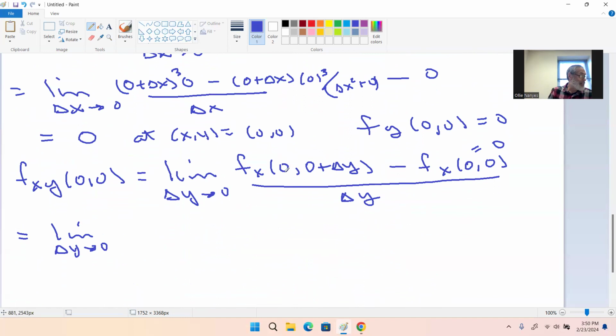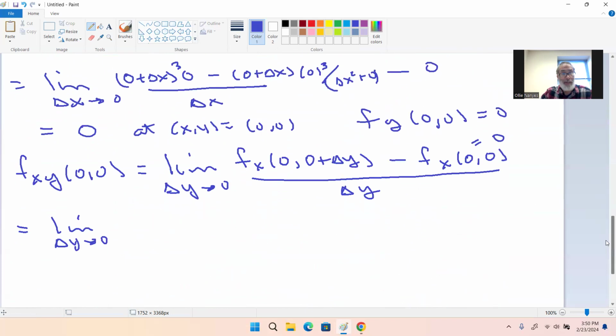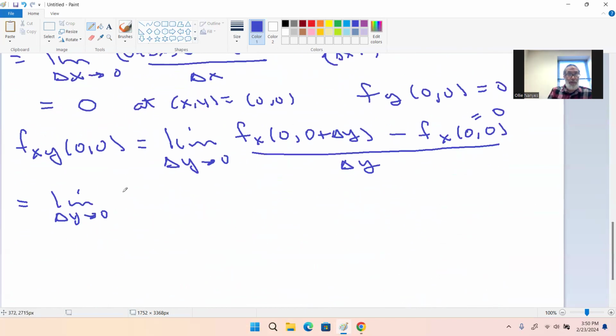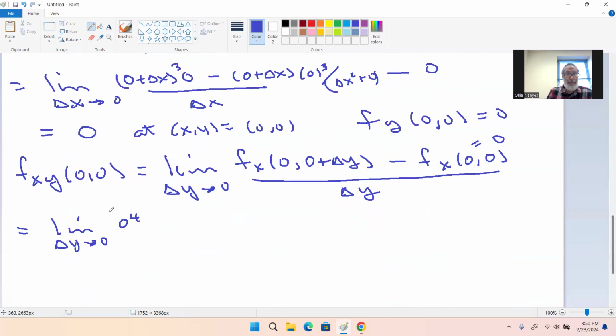And just remember, I did have this here. I'm going to be plugging in x equals 0. So 0 to the fourth. My y is going to be 0 plus delta y